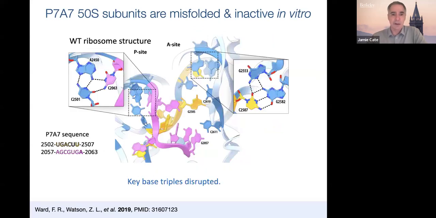So the lesson we learned here, and this is just details of some of the things that might be disrupted. Again, this is a 3-dimensional RNA structure. What RNA likes to do in a lot of cases is stack bases and also form interesting hydrogen bond networks. And so these are base triples instead of base pairs. You have a third base coming in, and these would be disrupted based on the mutations that they made. And that may be one reason why this doesn't fold very well. This is the natural wild type sequence that I'm showing here.